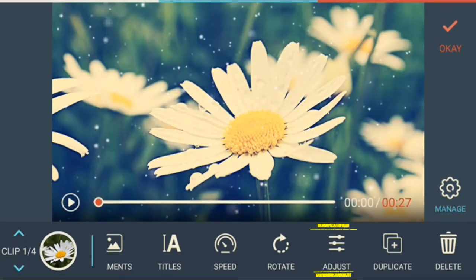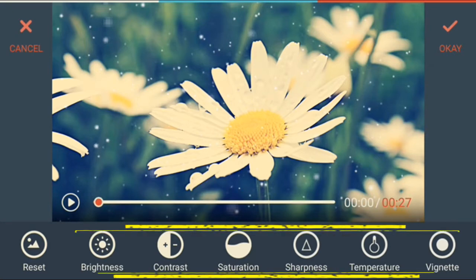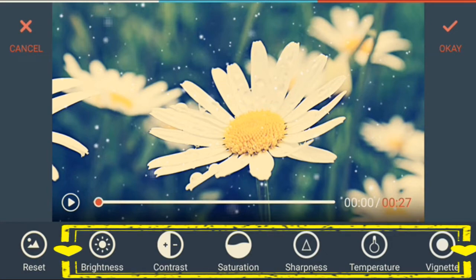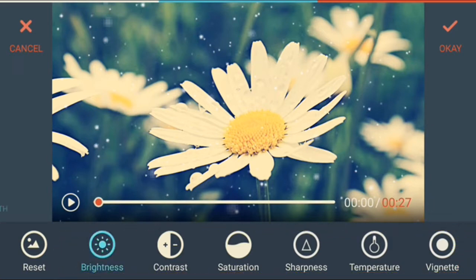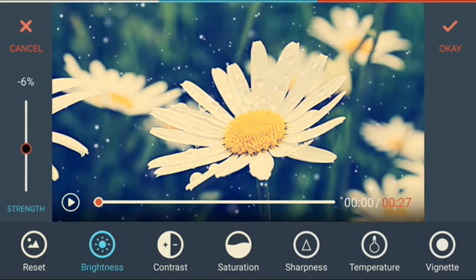Now adjust. Here using adjust you can adjust the brightness, contrast, saturation, sharpness, temperature and vignette of the video clip. Click on brightness and adjust the brightness of the video clip according to your requirements.